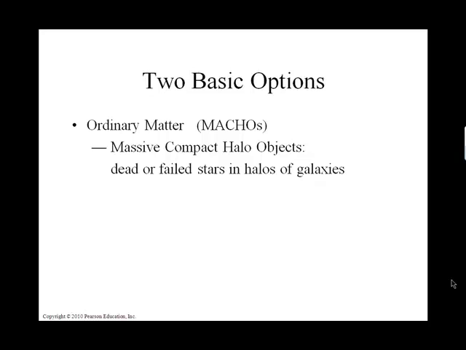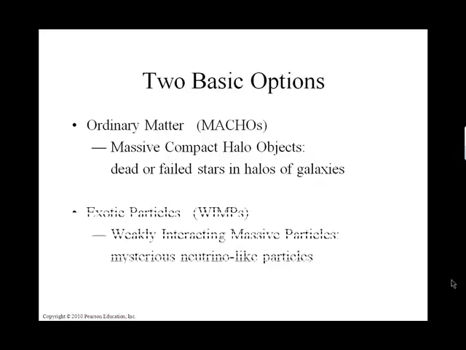There's this group of objects called MACHOs, massive compact halo objects. For instance, a failed star wouldn't necessarily emit electromagnetic radiation if it had cooled down, and yet it would definitely have mass. It would attribute mass to a galaxy, or to the halo region of a galaxy. Okay, so MACHOs. The other option for dark matter would be a little bit more exotic or interesting,